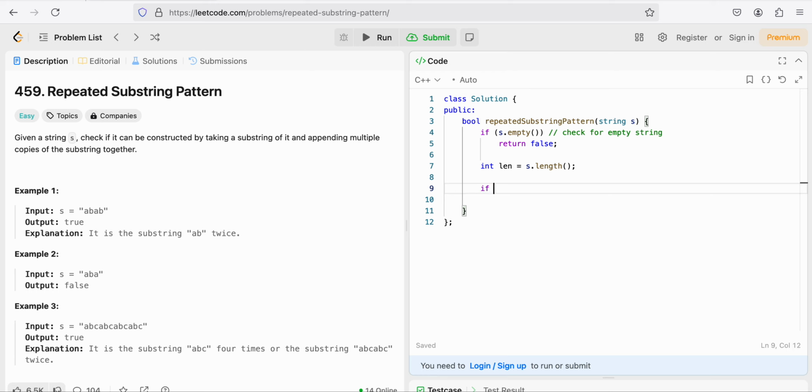Now if len is less than or equal to 1, because what we are saying is that a string of length 0. So why are we checking this here? Let's first implement that: return false. The logic behind it is that we are saying a string of length 0,